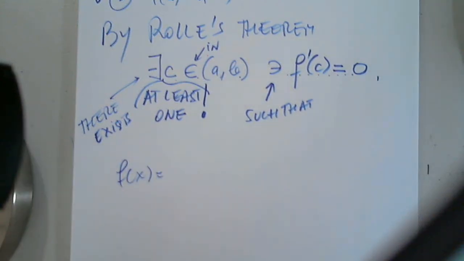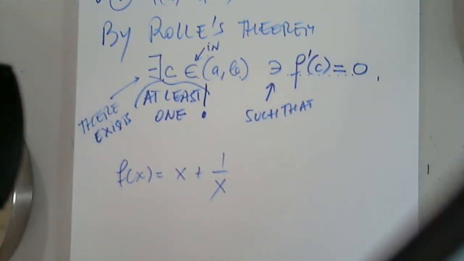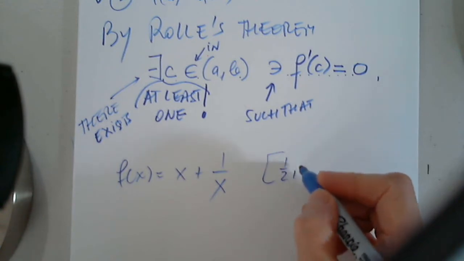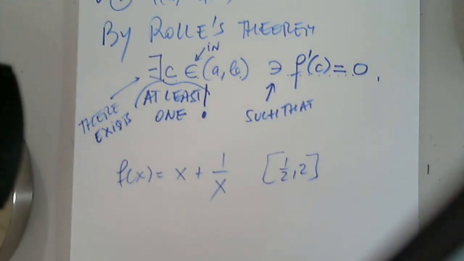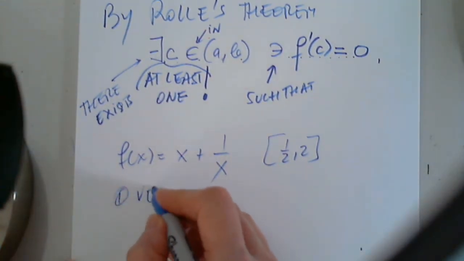f of x is x plus 1 over x. The interval is 1/2, 2. Verify the hypothesis of Rolle's theorem and find the guaranteed C. So number 1, verify